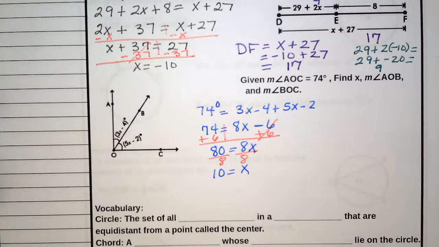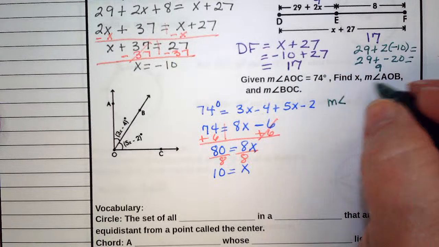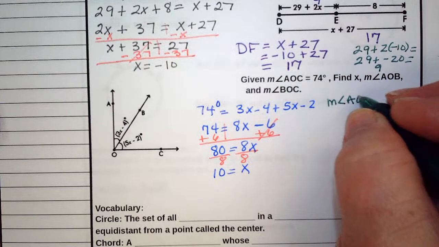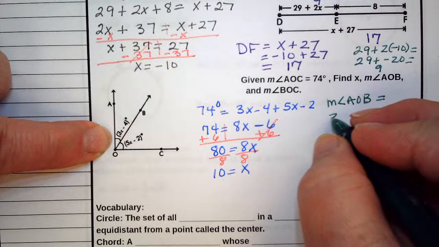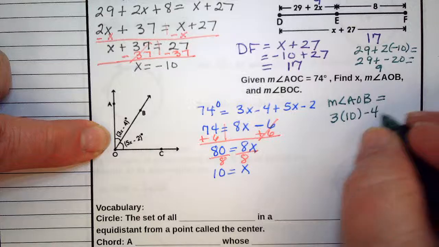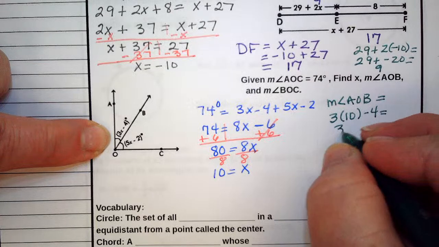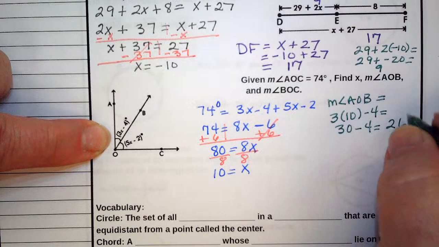So the measure of angle AOB is equal to, here's AOB, 3 times 10 minus 4, which is equal to 30 minus 4, which is 26